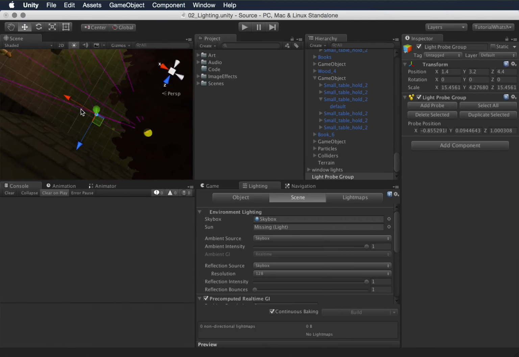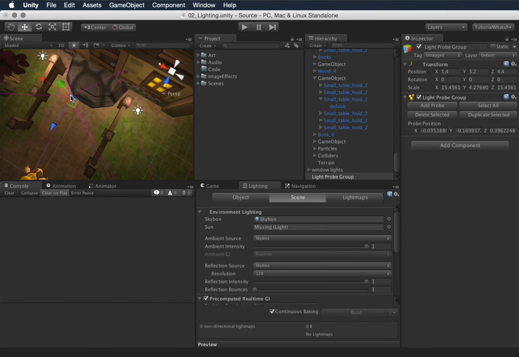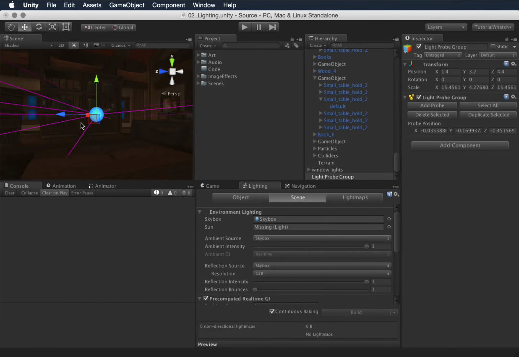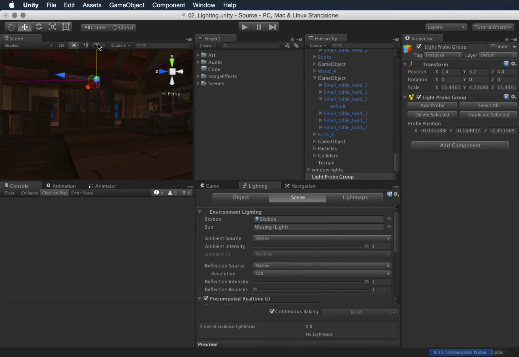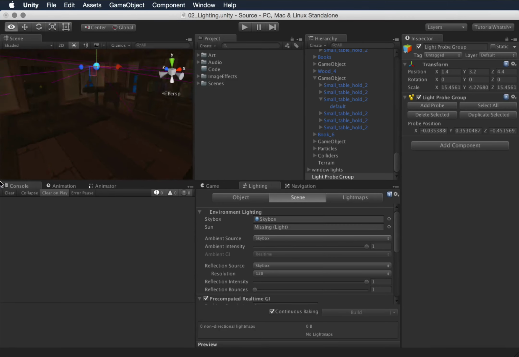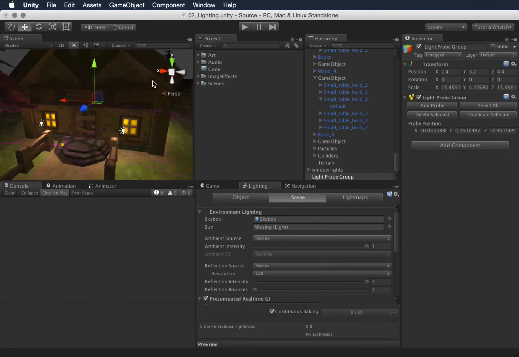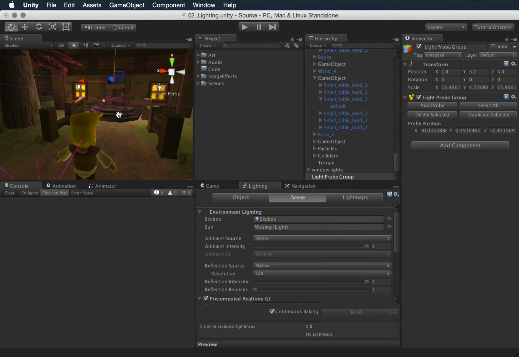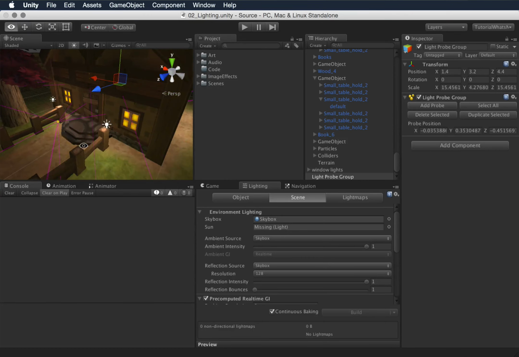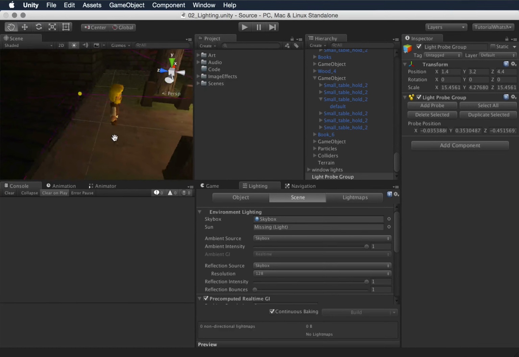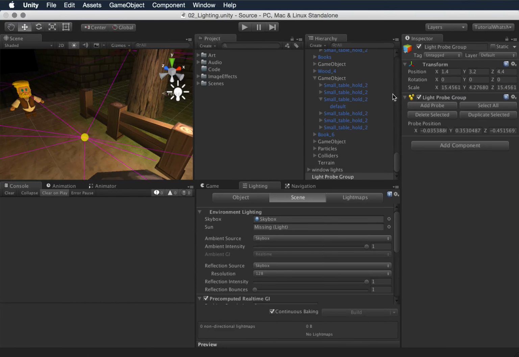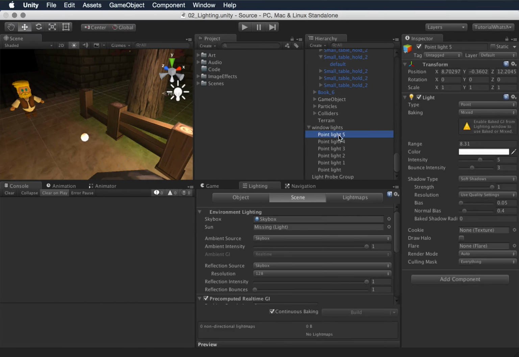Okay, and I'm going to take this one, Command D, move it inside the house, press F. Okay, move it a little higher. And we'll see how this works out. Okay, so now we've got some lighting on our character as he moves around. If you want to, select all of these window lights, I'm going to dial down the range a little